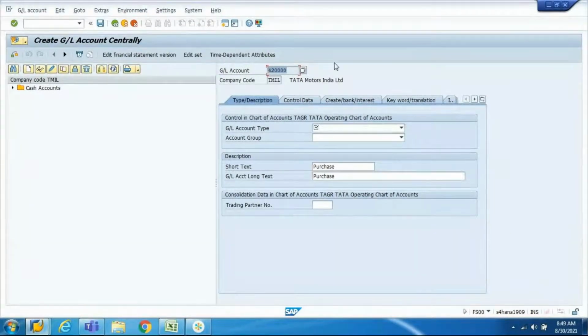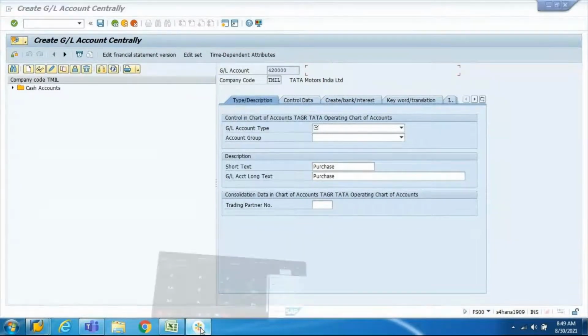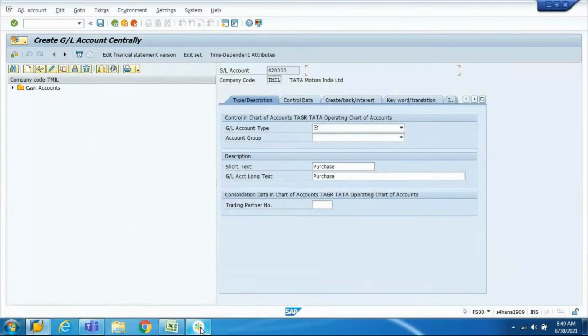In ECC, what happens? Are your GL master data and cost element master data the same or different in ECC? Different. Where do you create a GL account in ECC? Same transaction, FS00.